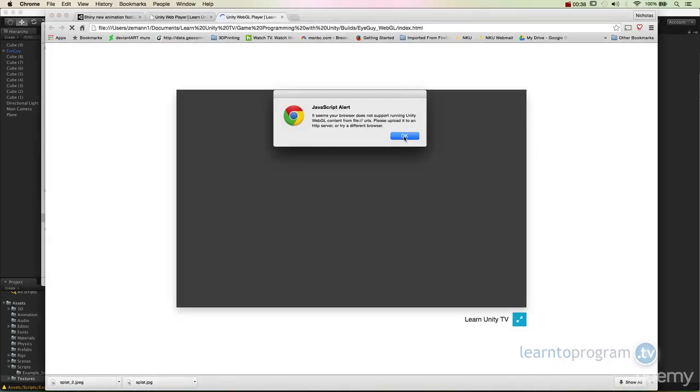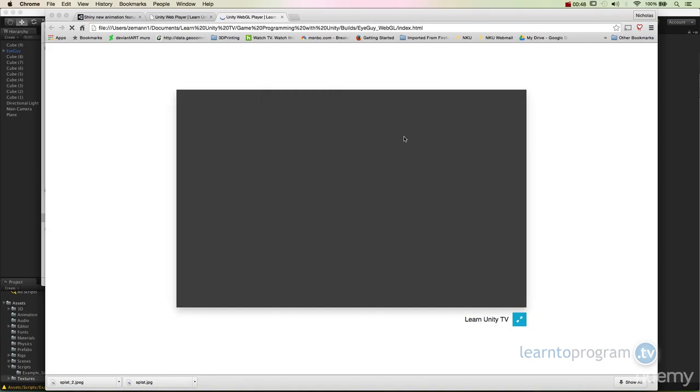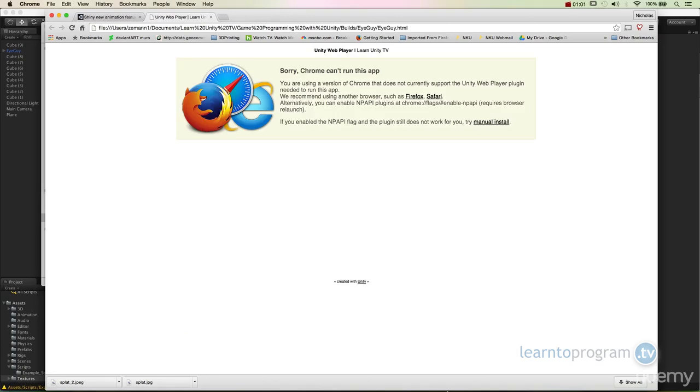And it's going to say, your browser does not support running Unity WebGL content from a file. So basically what it means is Chrome does not support WebGL from a local directory. You can upload this and it'll play just fine. And it's just one of these caveats that for security reasons they don't like to run this stuff from a local drive, and it'll say it's loading, but it will refuse to load it. Alright, so now